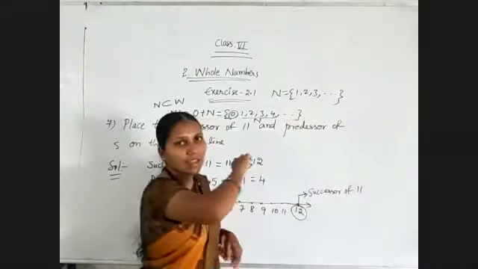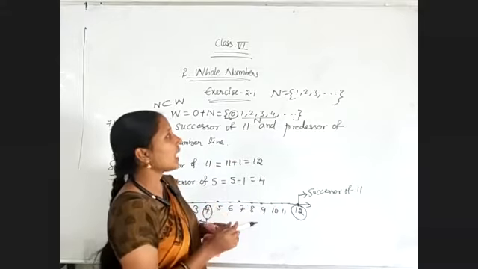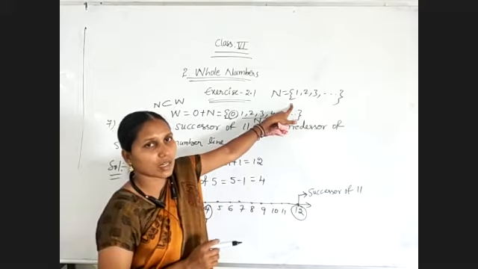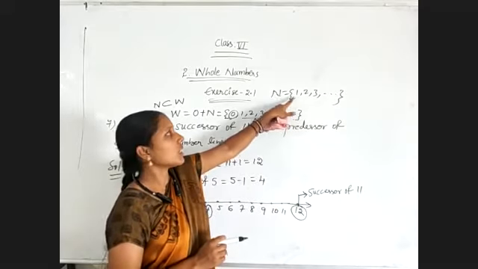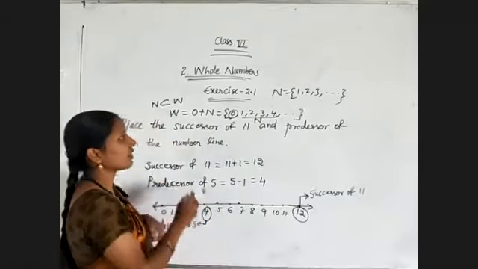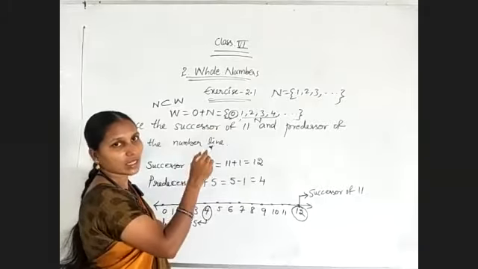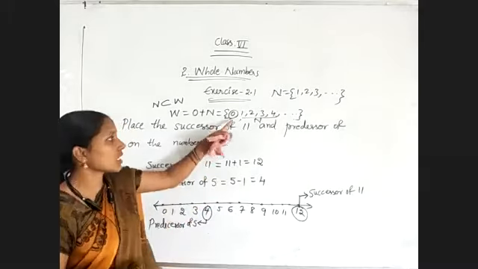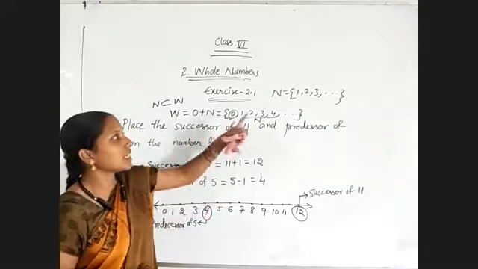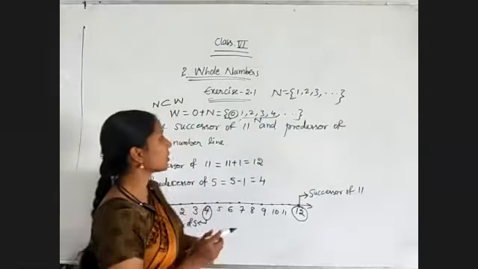Every natural number has its successor. Next number, successor, means plus 1. Except 1, every natural number has a predecessor, but 1 does not have a predecessor. And just observe here: if I ask what is the predecessor of whole number 1, before whole number 1 we get 0. That means the predecessor of whole number 1 is 0. But the predecessor of natural number 1 does not exist. So like this you need to remember.